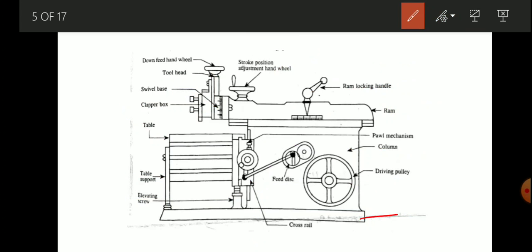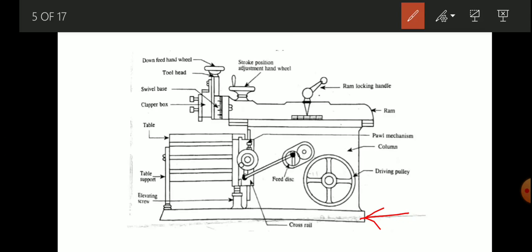Coming to the base. A base is designed to take the entire load and it is bolted on the shop floor. The material used for the base is basically cast iron, to resist the vibration and to take the loads.